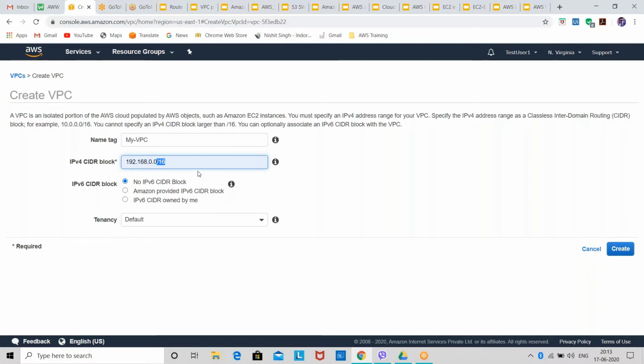For 10.0.0.0 you give /8, for 172.16 you give /12, and for 192 you give /16.